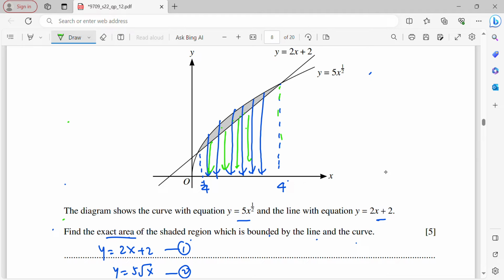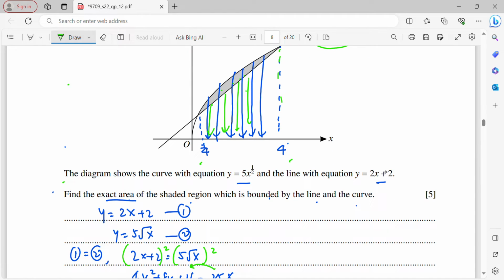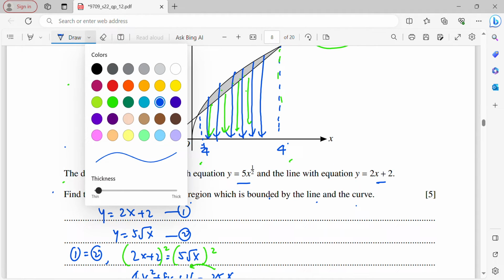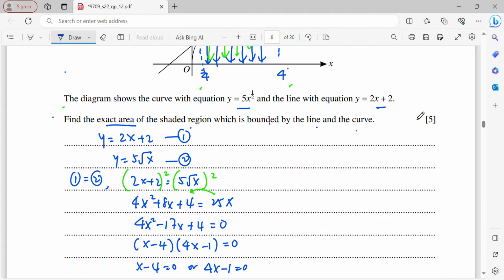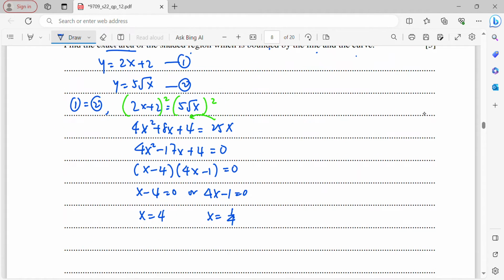Okay, so it means that I have to integrate my curve minus the line from x equals 1 over 4 to 4. So that is the idea for getting the area of the shaded region. So I will show it over here. So now, area of shaded region